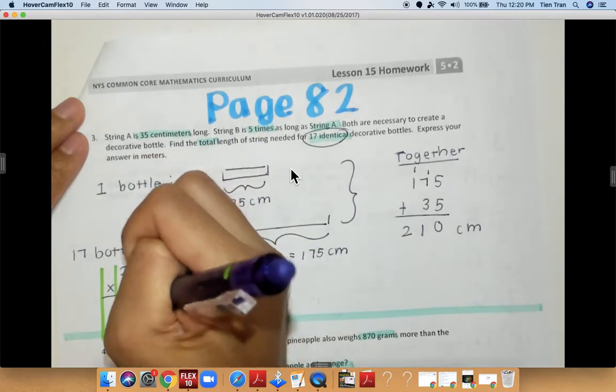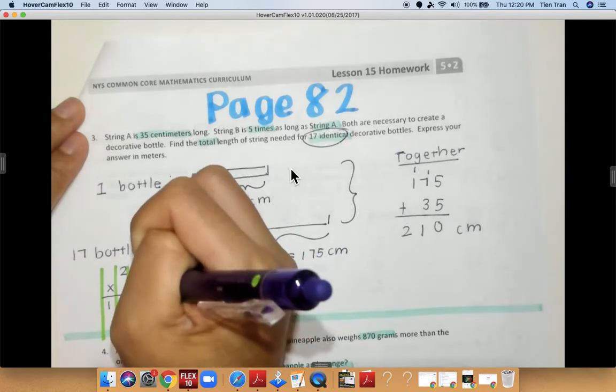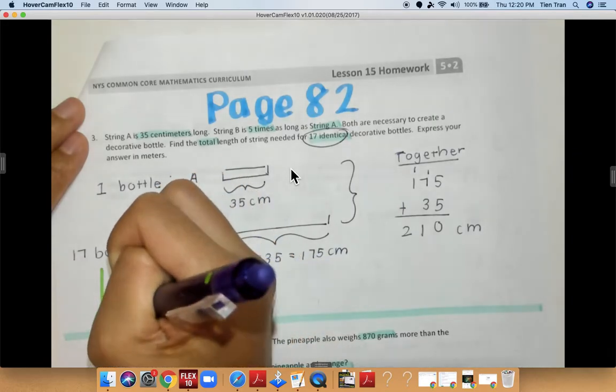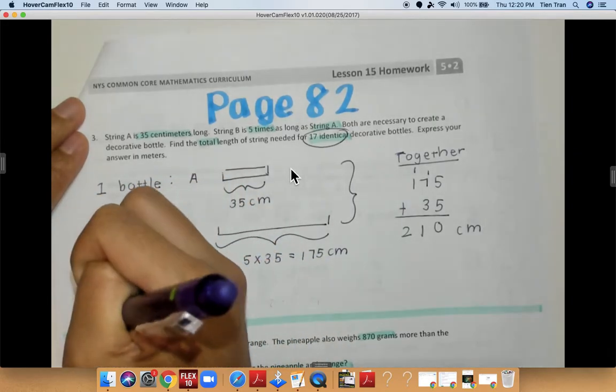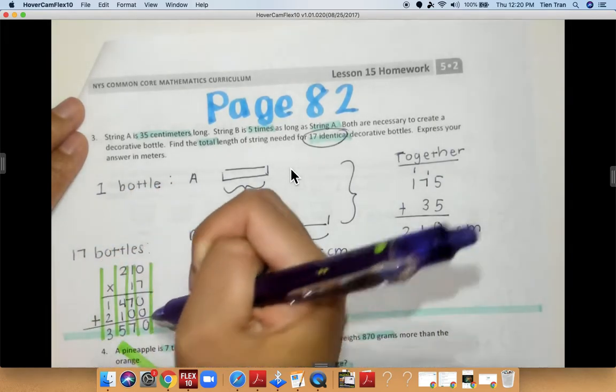7 times 0 is 0. 7 times 1 is 7. 7 times 2 is 14. Add a 0. 1 times 0 is 0. 1 times 1 is 1. And 1 times 2 is 2. I'm going to add everything together. I have 0, 7, 5, and 3. Okay, I have